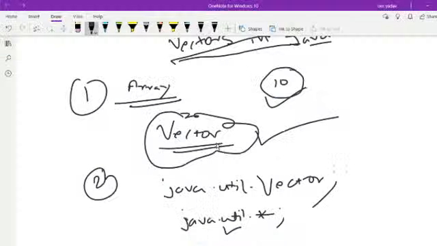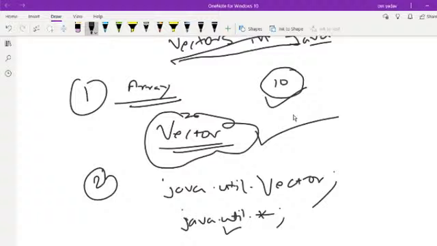So basically it will convert into object type data and then store it. But the idea is it will have different types of data, and arrays can have only one type of data. And in an array the sizes are fixed, so when we create the array, the size is fixed. If at runtime the number of elements exceeds, for example if we have created the array with 10 elements, the array size is fixed, so it cannot take more. But vectors can update their size, so the size can vary dynamically during the